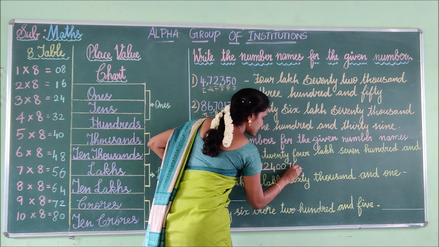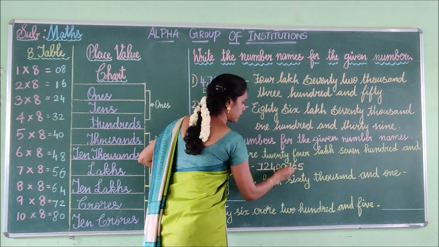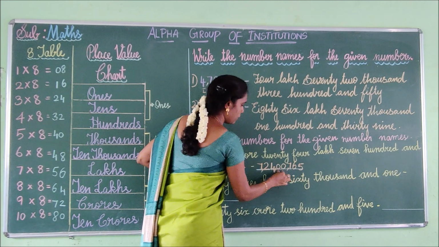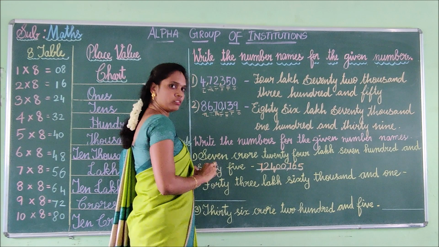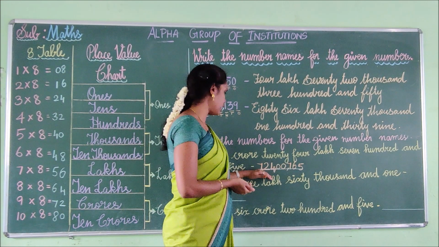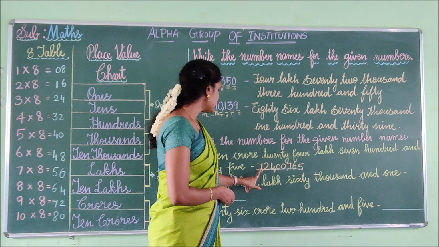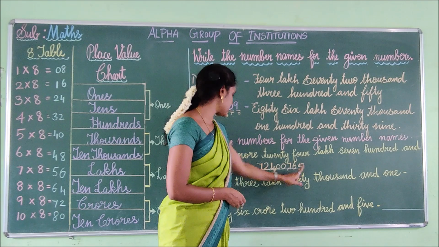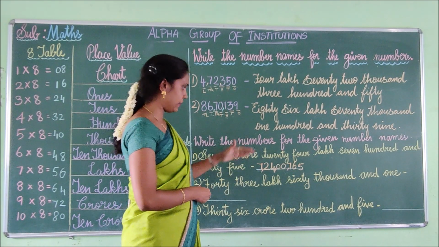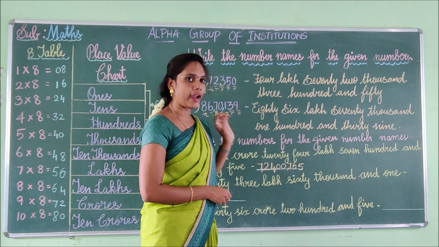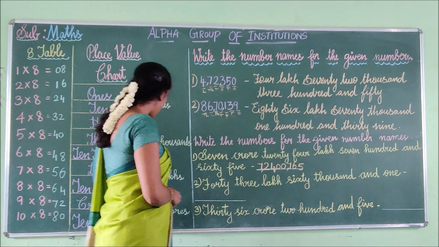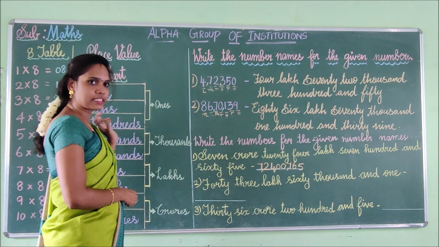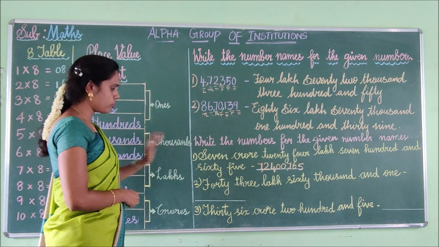765. Now you can split the numbers like this: 3 numbers, 2 numbers, 2 numbers and 1 number. Understand? Like this you have to split the numbers. Now you can read this one. See here, 7 crore 24 lakh 765. If the place value is not there, you have to add 0 in that particular place. This is the order. If the order is missing, you have to put 0 in that place. Have you understood? Shall we move on to the second one?